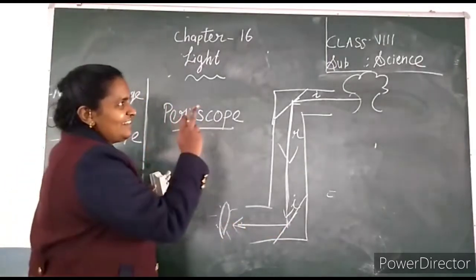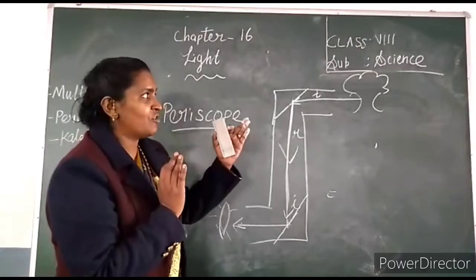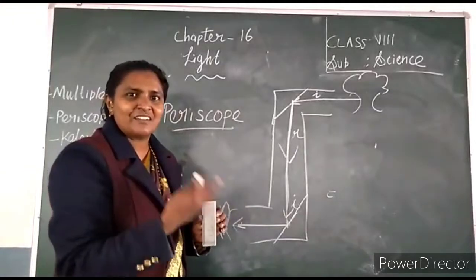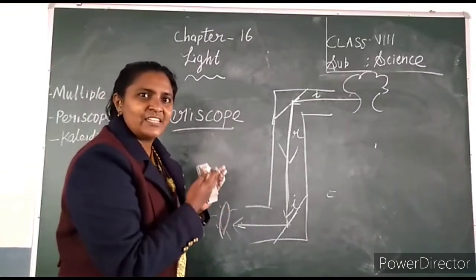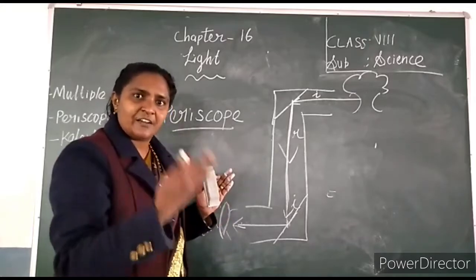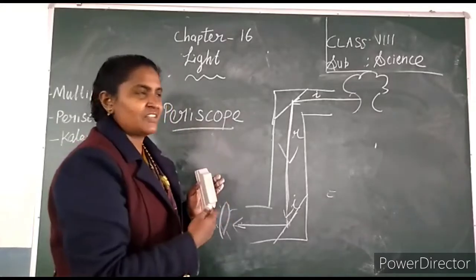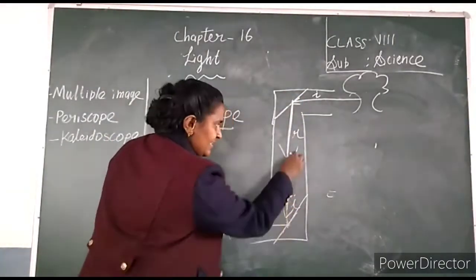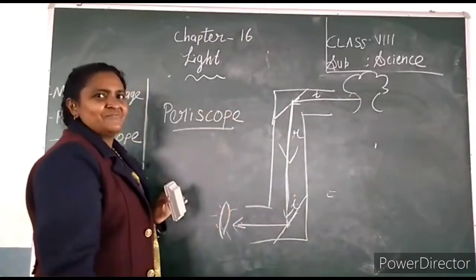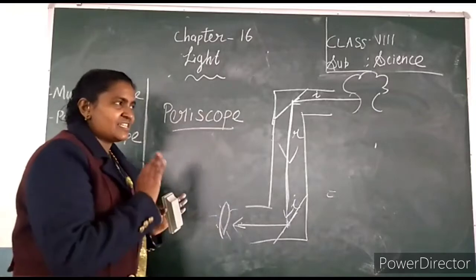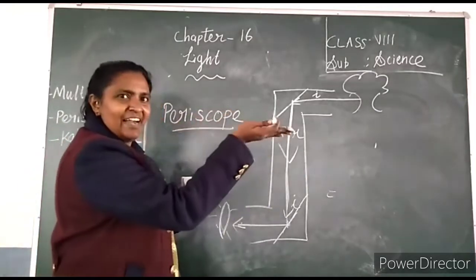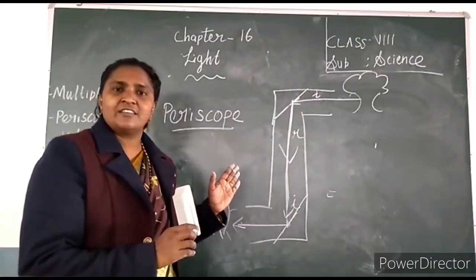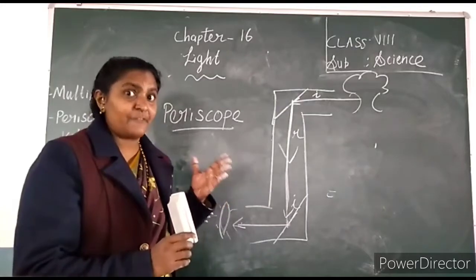So we can see clearly the image of the tree. The image of this tree, we can see due to multiple reflection. It is based on the principle of multiple reflection. How many times did it go for reflection? Incident, reflected. And again, for this mirror, it acts as an incident ray, then reflected. Understand? So this is the way we can see a far away object, which is not in the line of our eye. Understand? This works on the principle of the law of multiple reflection.